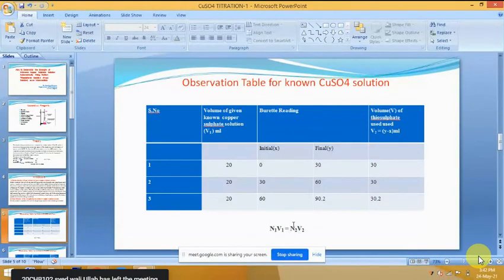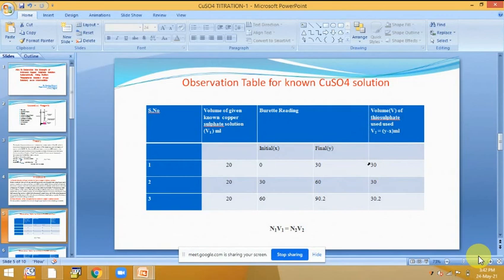That's why we standardize the hypo solution so that we get exactly the N1 value or N2 value. And here also we repeat the same experiment 3 times so that when we get a similar V2 value 2 times, that means 30 is your exact result. But maybe you get 30.2, or first one maybe 29.8, then 30, then 30. So the two similar results are your final result.